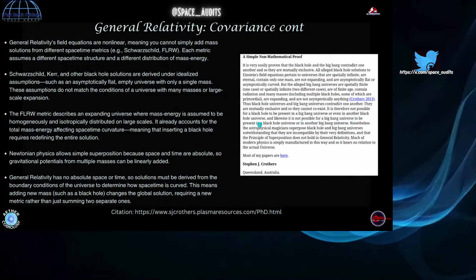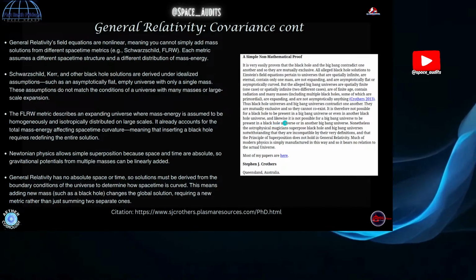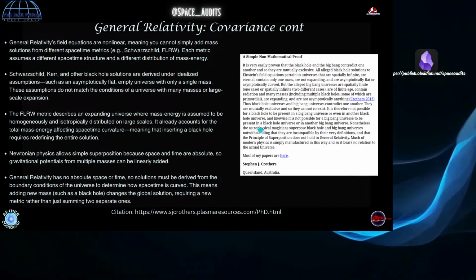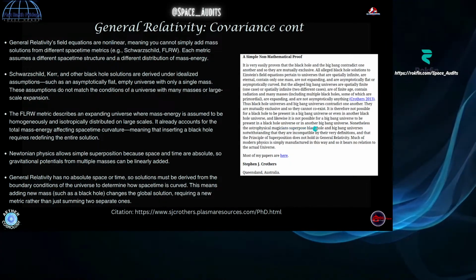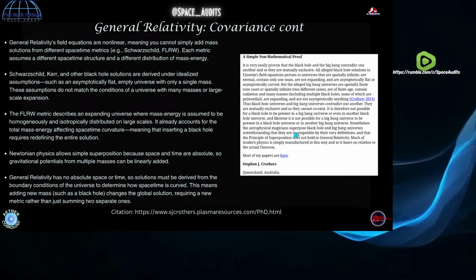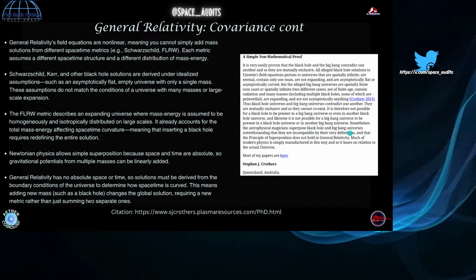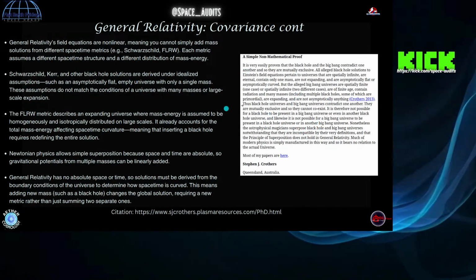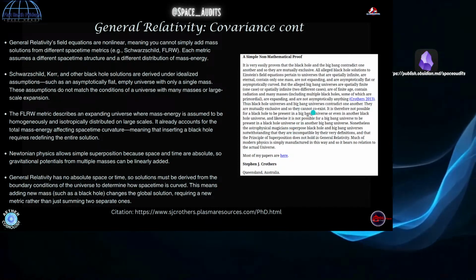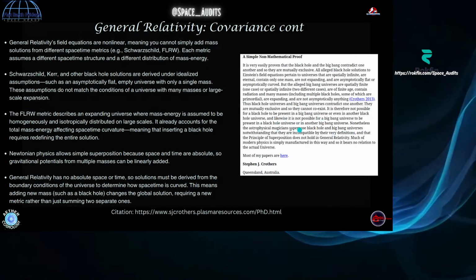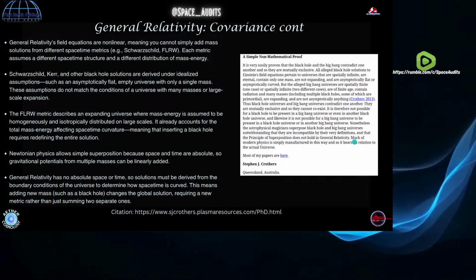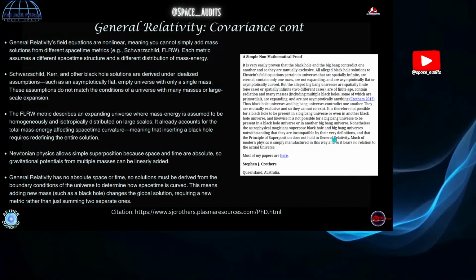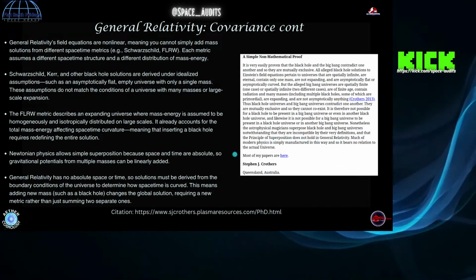Nonetheless, the astrophysical magicians superpose black holes in the Big Bang universe, notwithstanding the incompatibility by their very definitions, and the principle of superposition does not hold in general relativity. So the superposition would be adding the masses together, adding the solutions from the field equations together, making them linear, but they're nonlinear. So this doesn't lead to physically meaningful outcomes. Much of modern physics is simply manufactured in a way, and so it bears no relation to the actual universe.